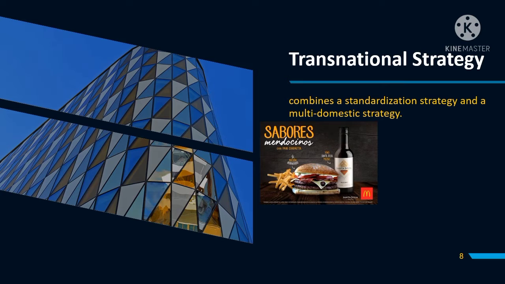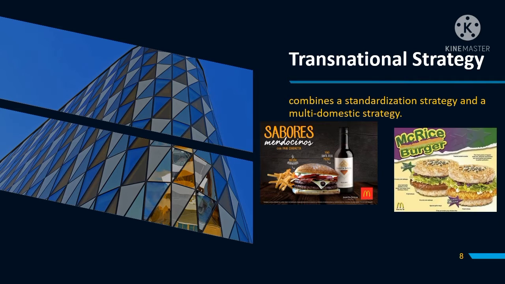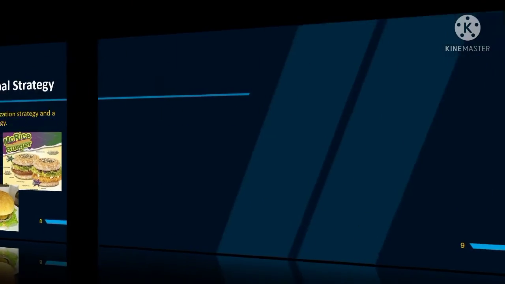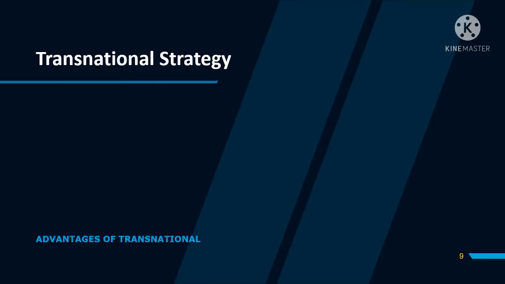For example, McDonald's is a giant fast food chain with the same core menu items worldwide, as well as the same brand name, identity, and marketing. However, the company does tweak its product offering for its regional markets. For example, McDonald's offers wine in France, rice burgers in the Philippines, and vegetarian burgers in India. These products are all unique to these markets and reflect the diets and preferences of the local customers.